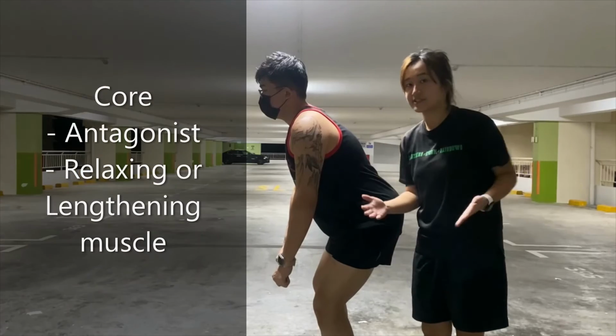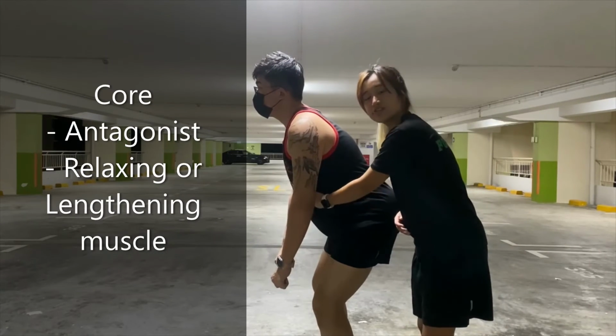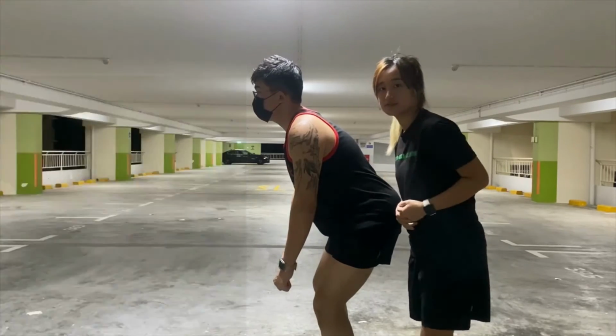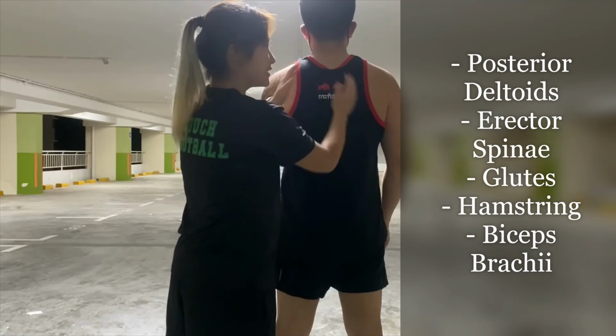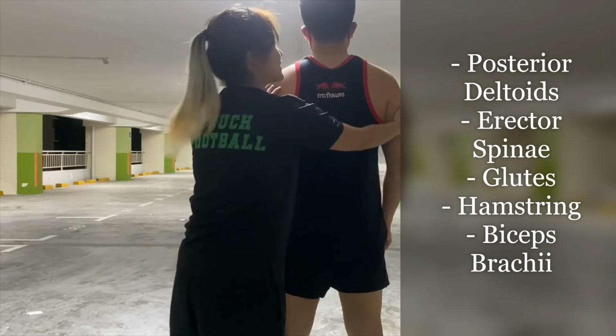The other muscle group, which is the antagonist in the bend over row, is the core, the relaxing or lengthening of the muscle. Just right over here, his core. And the other muscle groups worked are the posterior deltoids, the erector spinae, his glutes and hamstrings, and lastly,